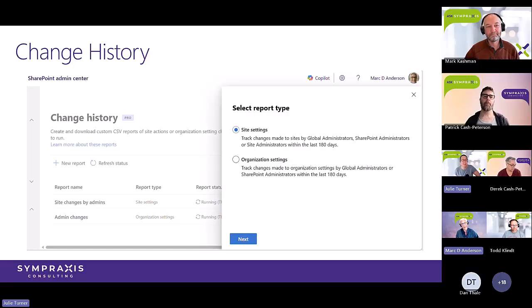So if you run this, say, every 180 days, you just have to make sure that that's part of your process. Yeah, 100%. It makes things a lot easier to document. So I think that's a good one.